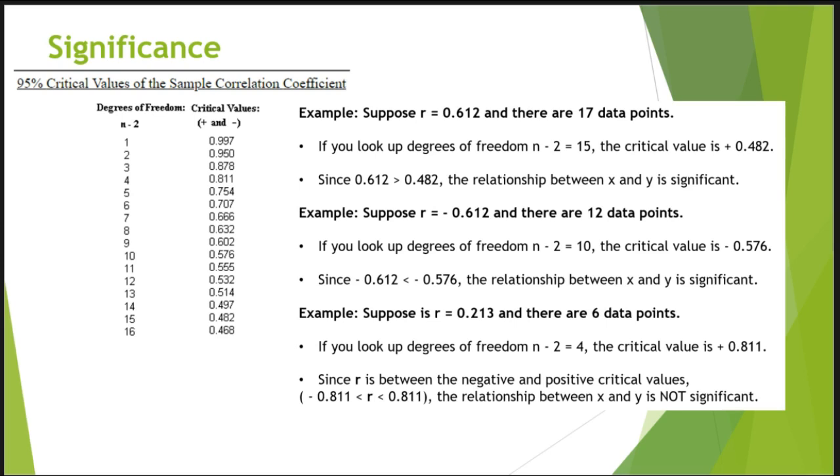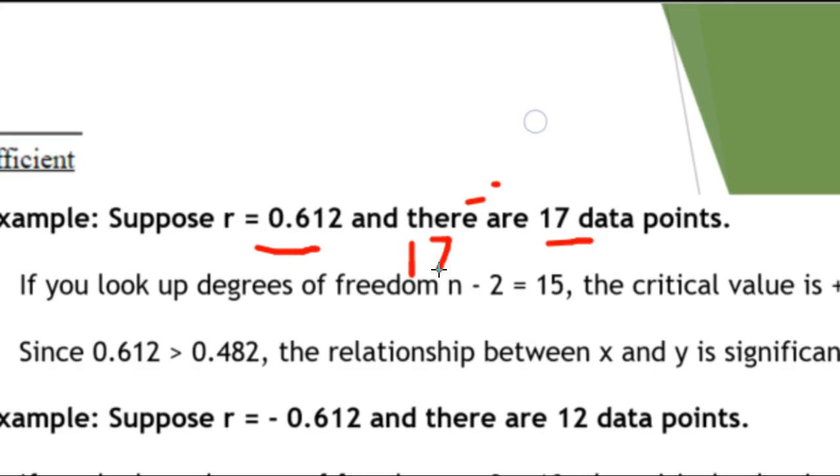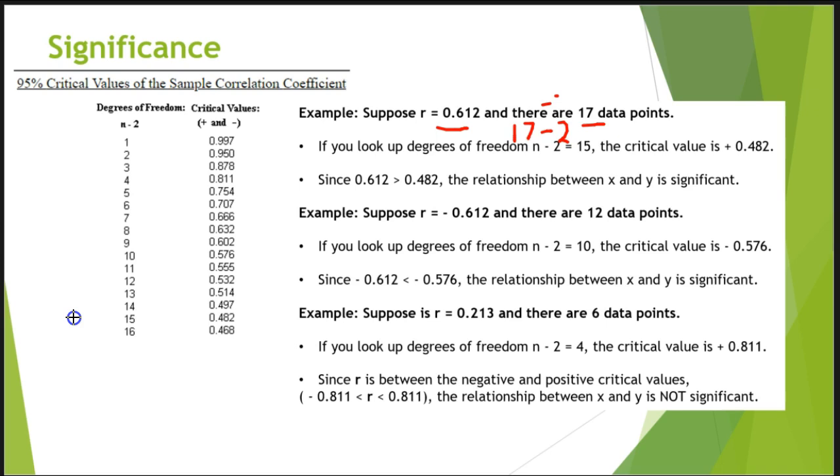So now let's take a look at some examples of identifying significance. In the first example, our R, our correlation coefficient, is 0.612, and there are 17 data points. First thing we need to do is calculate the degrees of freedom, which is the number of data points minus 2. So 17 minus 2 gives us 15. The critical value is 0.482, and we find that by looking at the chart at 15. Since our R value, 0.612, is greater than the critical value of 0.482, the relationship between X